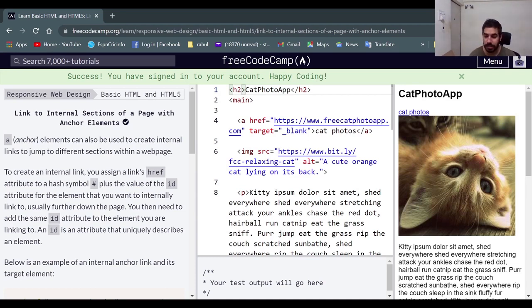What does it do? It links to internal sections of the current web page we are viewing. Instead of using a web page URL, we just assign the href attribute the value of the ID of the element you want to link it to. Suppose you want to link to some p tag, so we'll give the p tag an ID, and the same ID will be given as the value in the href attribute. Instead of URL, we'll be putting the ID.